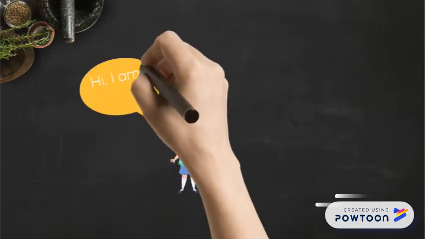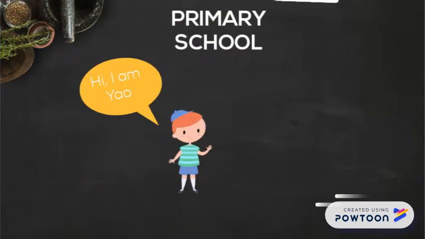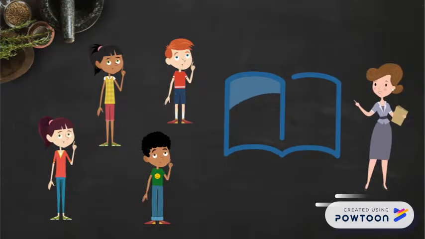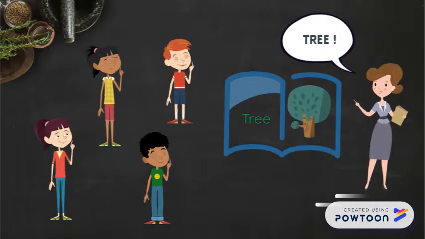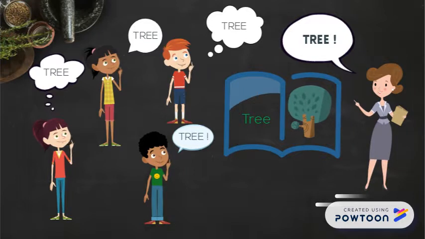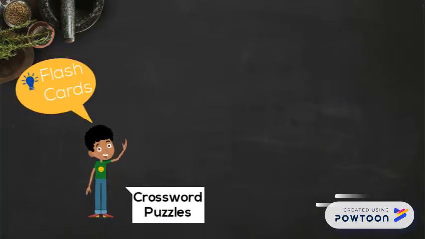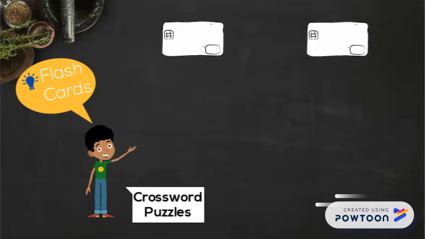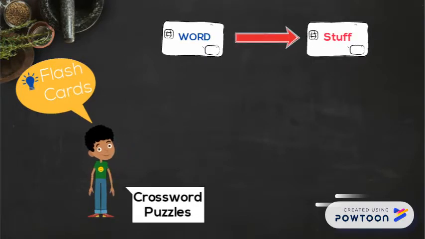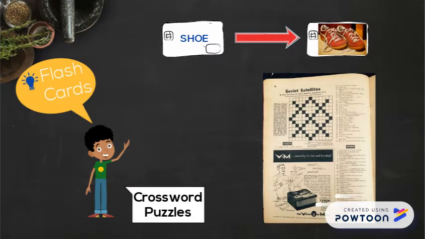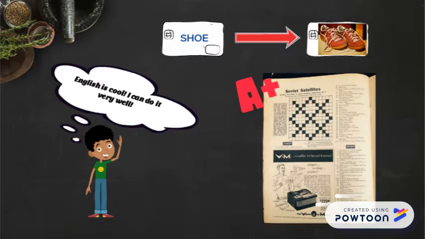When I was an 8-year-old boy in primary school, I started to touch English, my second language. When the teacher used the textbook to show us the word "tree" with the picture beside it, we imitated to pronounce and write the word to get the meaning of it. Flashcards and crossword puzzles were the common activities. We were asked to link the word, for example, "shoe," to the picture of shoes, or fill up the length of the puzzles. When we got the correct answer, a full mark would be given, which made me very confident